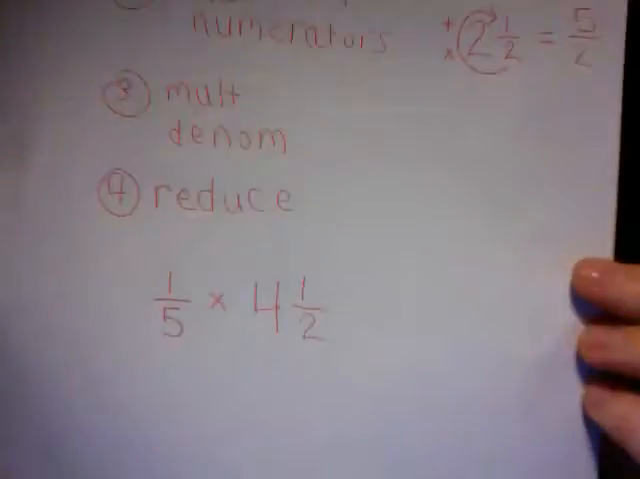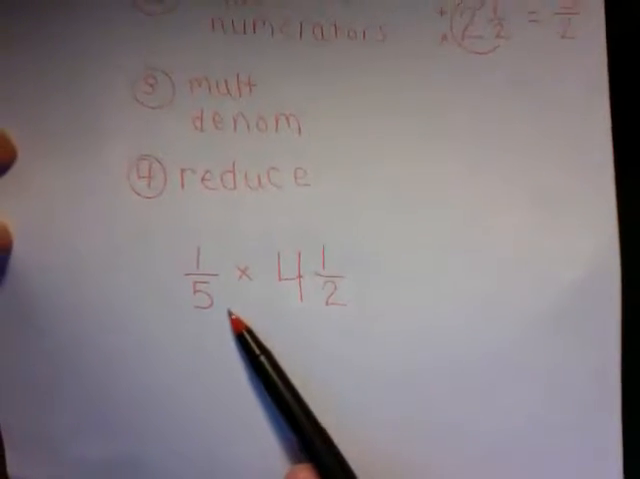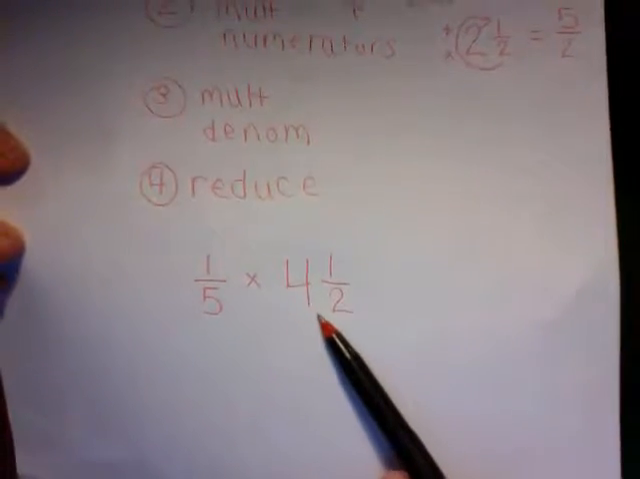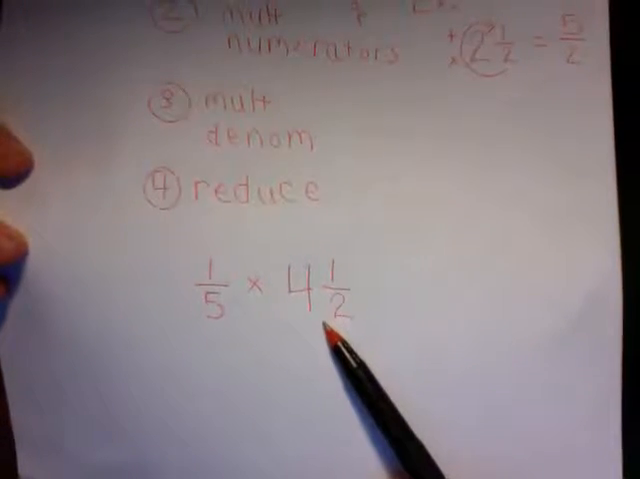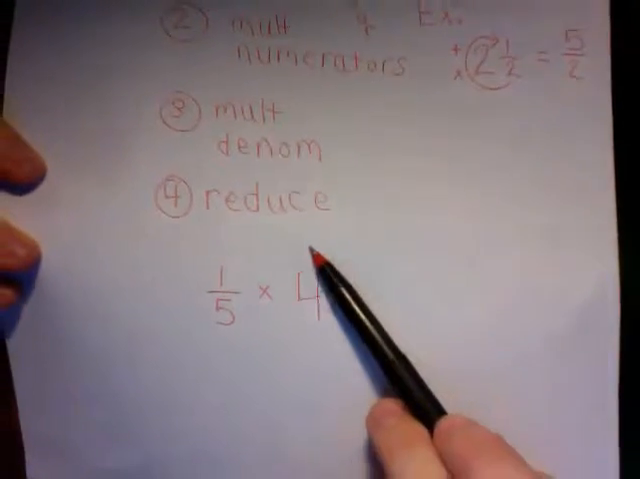We're going to go through 2 examples here really quickly, and then I'm going to tell you what your homework is. So if I have 1/5 times 4 and 1/2, maybe try this out. My first number is already a fraction. I don't have to MAD face it. I only MAD face mixed numbers like this. So I'm going to MAD face this 4 and 1/2,